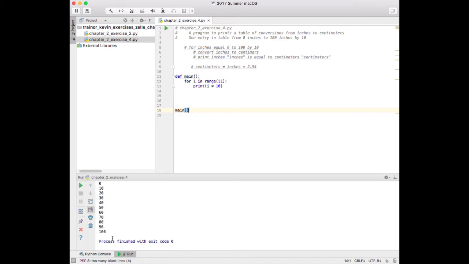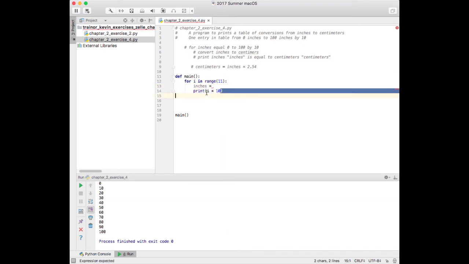0 through 100. Okay, so do we really want to print that? No, I don't think we want to print that. That's the value that we're going to use for inches, right? Because we want inches to equal 0, then 10, then 20. Yeah, that's what we want. So what if we did this? What if we said something like this? What if we said inches, assign it the value I times 10,